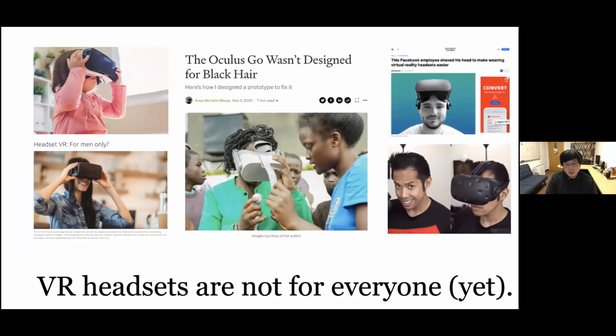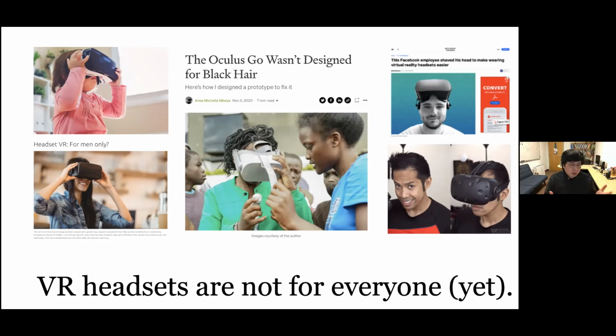because a VR headset is not built for everyone. Let's say like the picture on the top left here, almost like a three-year-old kid is wearing this VR headset, but it's only happening in a stock image. It's not happening in the real world because manufacturers do not recommend children to use VR headsets. But also, there are a lot of different reasons why other users will not be willing to wear a VR headset.